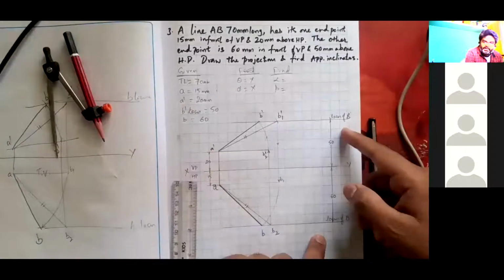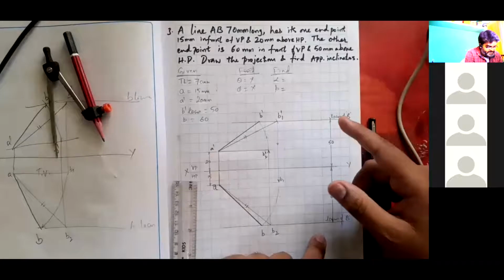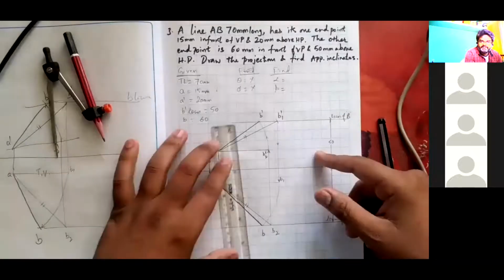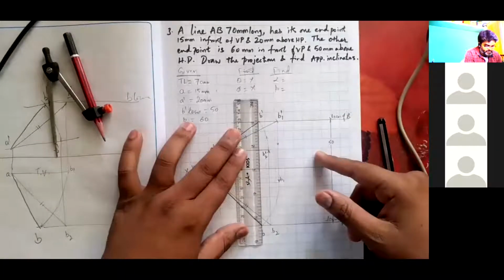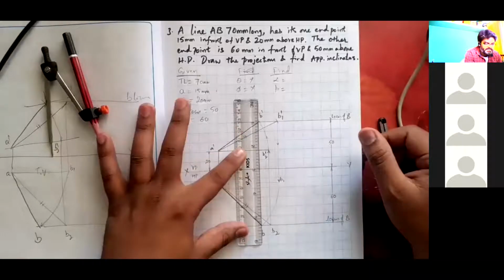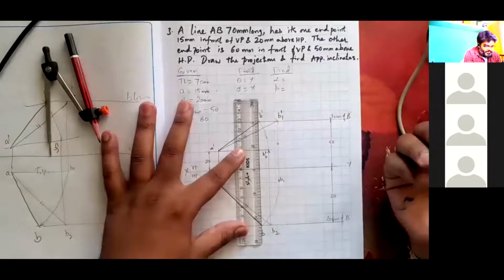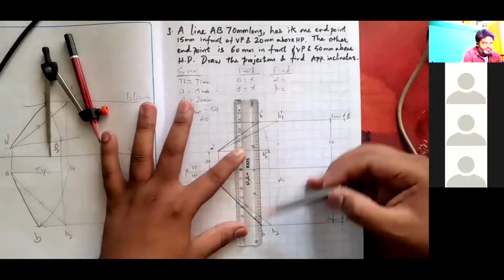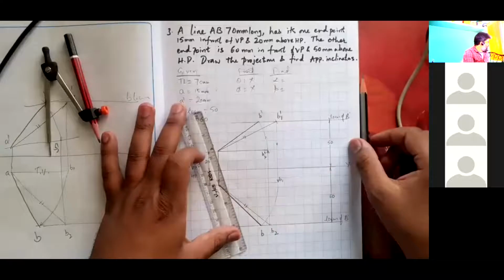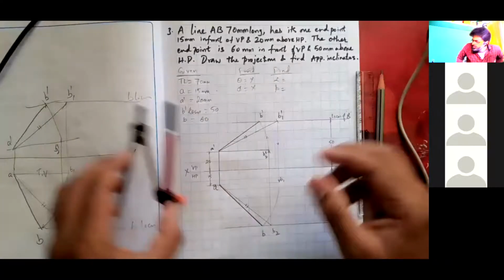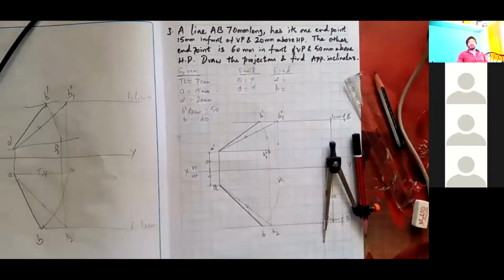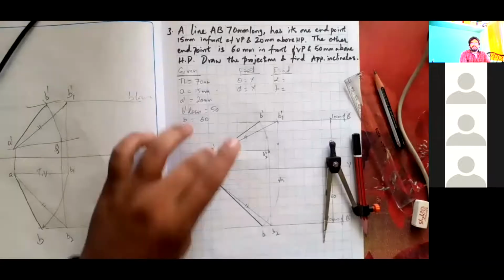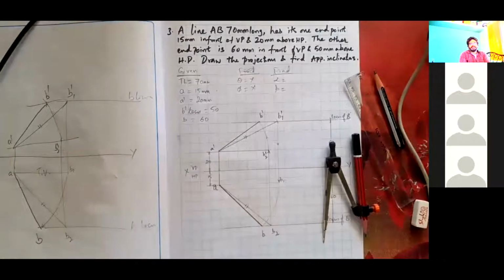Now, your problem will be right only when you keep the scale and check that B dash and B are on the same line. No need to draw a line because the distance between end projectors is not asked. Your problem will be right only when B dash and B, that is the front view and top view of the two endpoints of one particular line, are lying on the same line, and if these are matching, then obviously your problem is right.